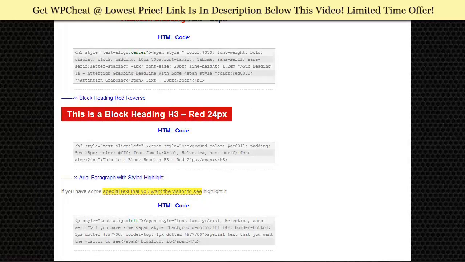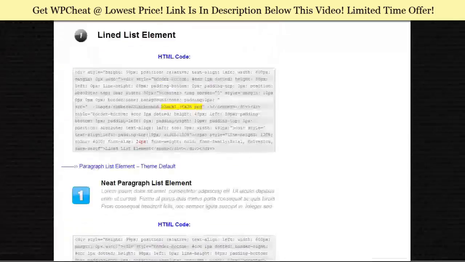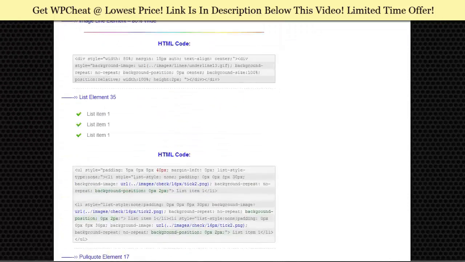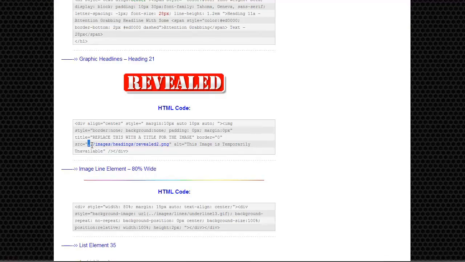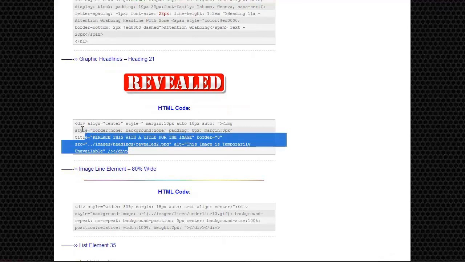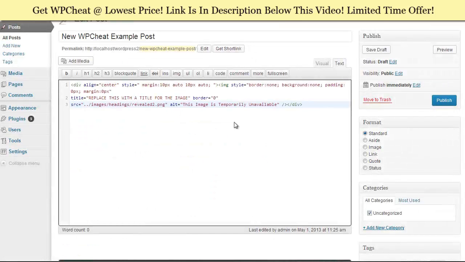Now to use any of these cheats, all we need to do is highlight the HTML code for the one that we want to use and pop it into our blog post itself. So for instance, let's grab this one here. Now you'll notice this is actually highlighted because there is a URL to an image here. We give you all these images, they are included, and we show you how to use them, where to put them, and how to change that link to an absolute link if you need to make sure it works wherever the image is. Now all I'm going to do is copy that, go back to my post, paste that in,